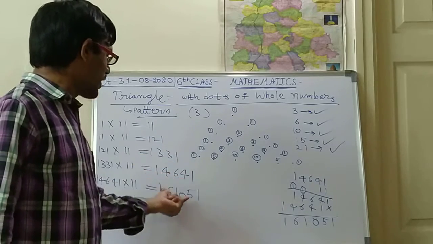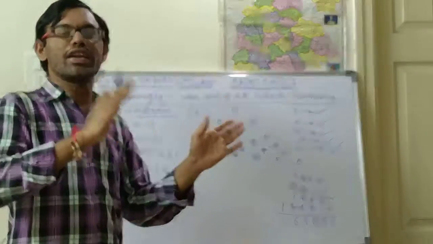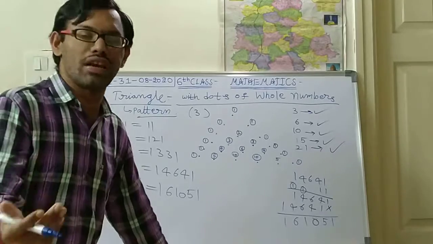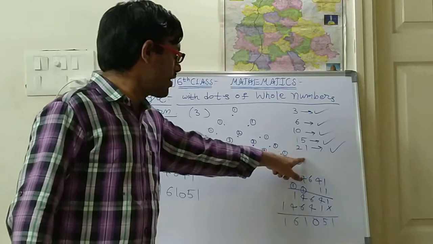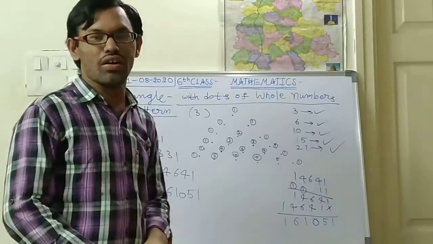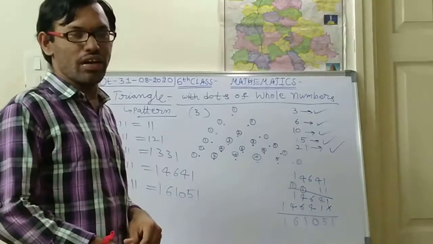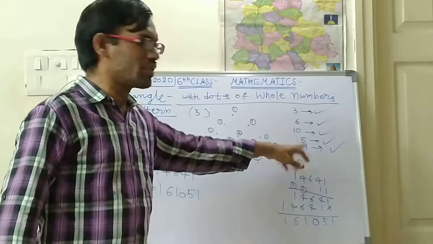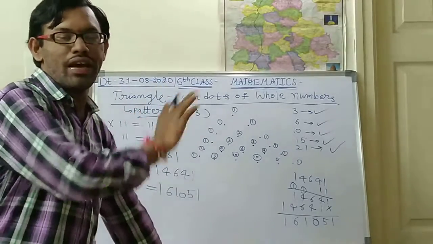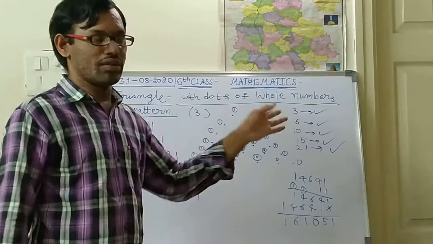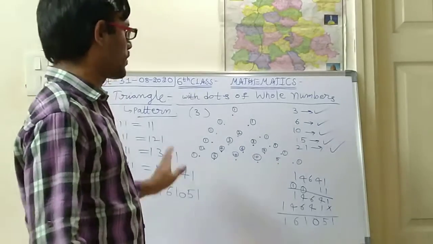So this pattern is looking like a multiplication with 11. Repeated multiplication with 11 is this pattern. So like this it will become. Your 5 steps are 3, 6, 10, 15, 21. I hope you have understood this homework very easily. If you get these 5 steps, that is good. If not, you can do the edit option, check this answer and correct it. So this is about yesterday's homework.